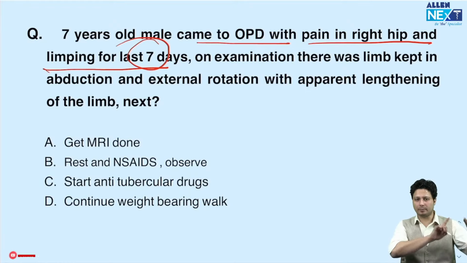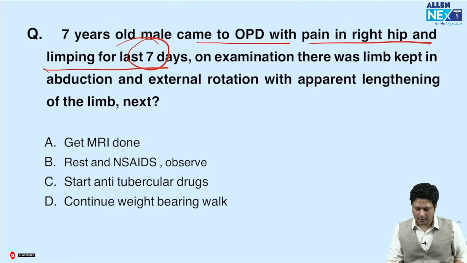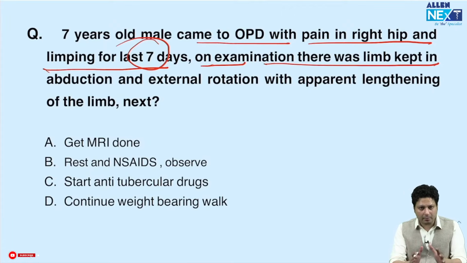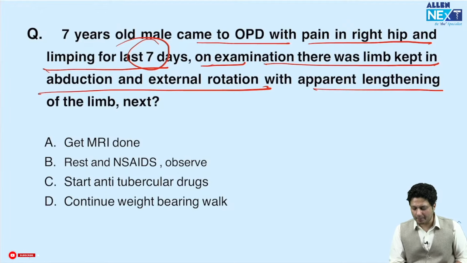Now, how is it different from the previous two? In case of Perthes, long history. In case of SCFE, intermediate history, 6 weeks to 2 months. But here we are having a history of just 7 days. On examination, there was a limb which was kept in abduction and external rotation, with the apparent lengthening of